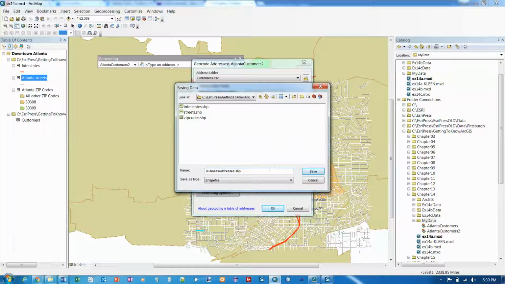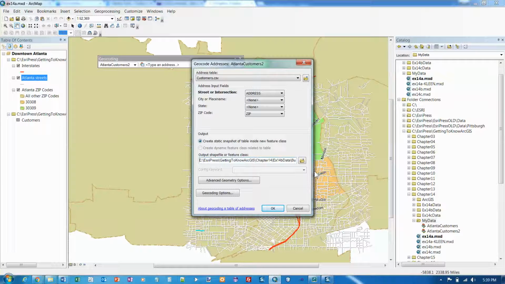Let me see. It says call it geocode 1. Well, I'm not going to call it geocode 1. I'm going to call it business shape. This is number 15. Now click on save,